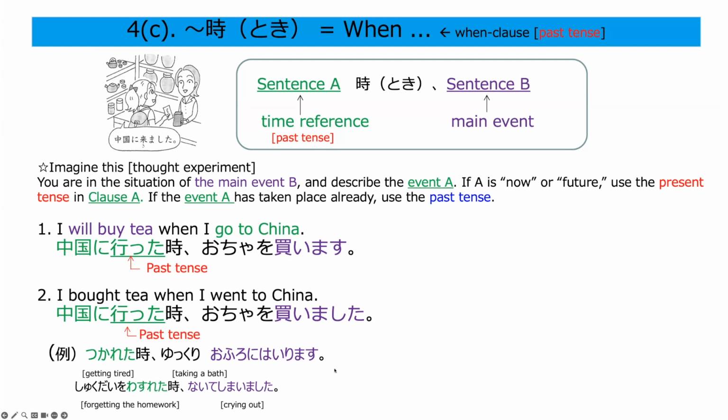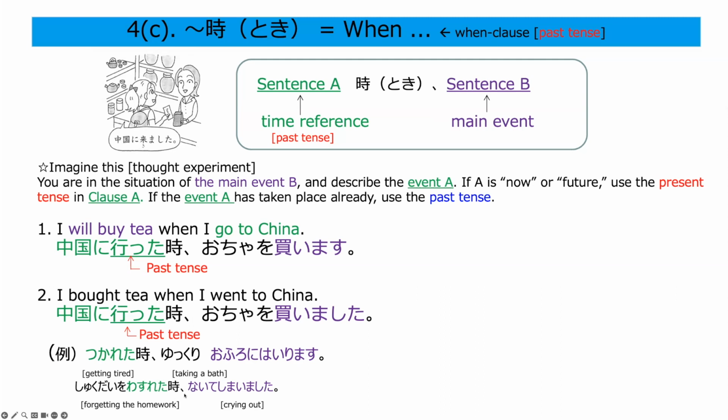Then the last two examples are basically the same, within two different sentences. 疲れたとき、ゆっくりお風呂に入ります。So forget about all the tenses first. Then just think about the actions. 疲れたとき, getting tired. 疲れる is a verb. So getting tired. お風呂に入ります。Taking a bath. So imagine you are taking a bath right now. Then think about getting tired. It has to have happened already. Therefore, past tense. 疲れたとき、ゆっくりお風呂に入ります。